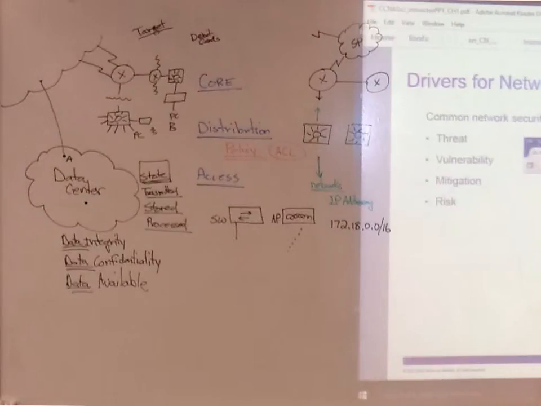Alright, I think this is more up to date to what we've been doing in class this term. We talked about data centers, security of data centers, what state the data's in. We reviewed data, integrity, confidentiality, and availability, when it's being processed, stored, and when it's being transmitted. We also talked about